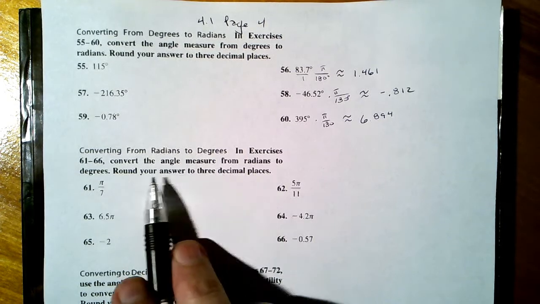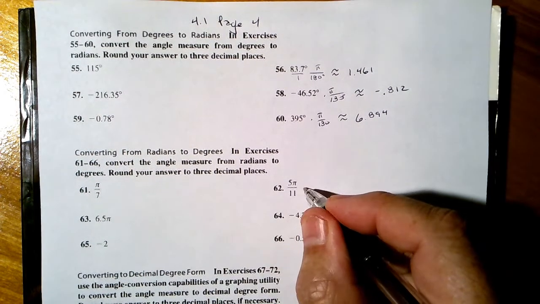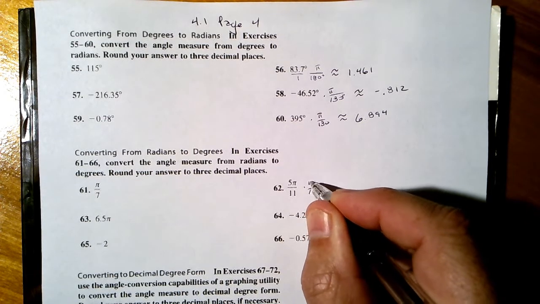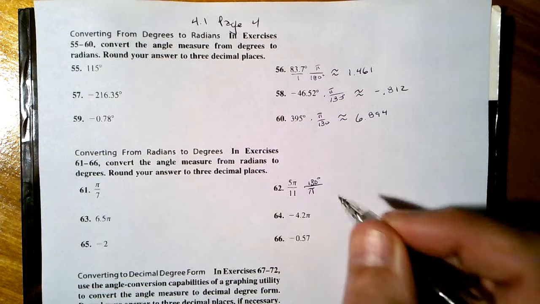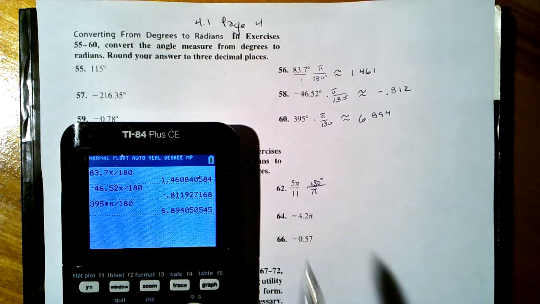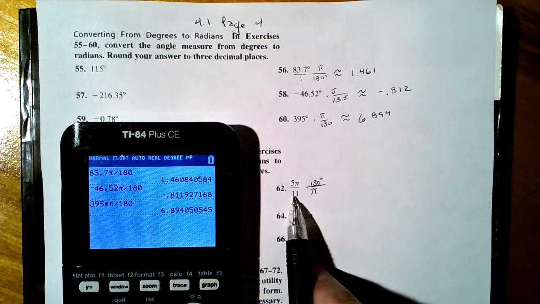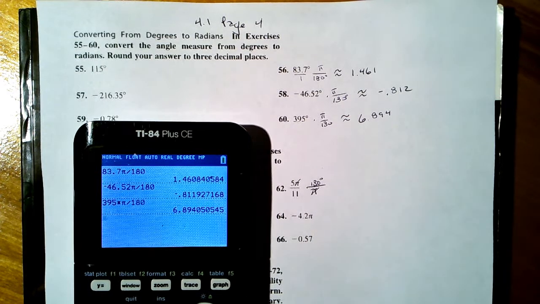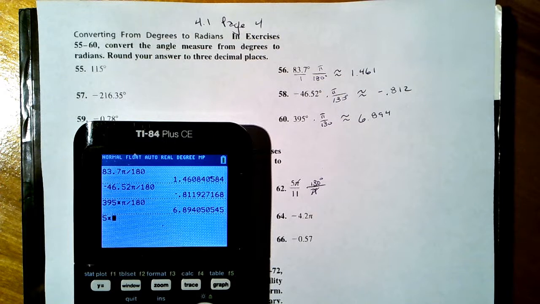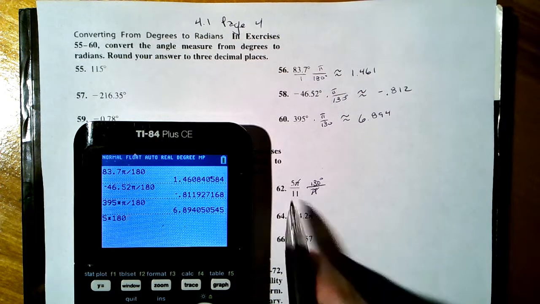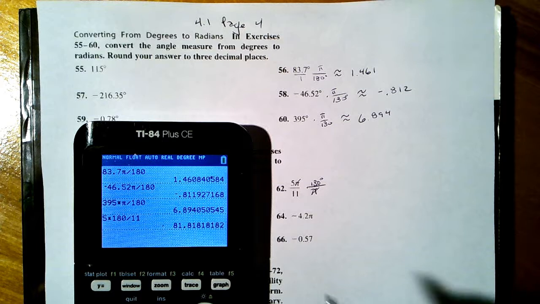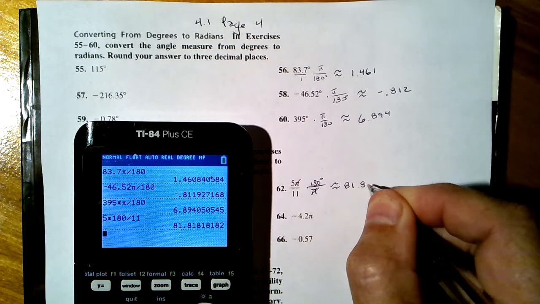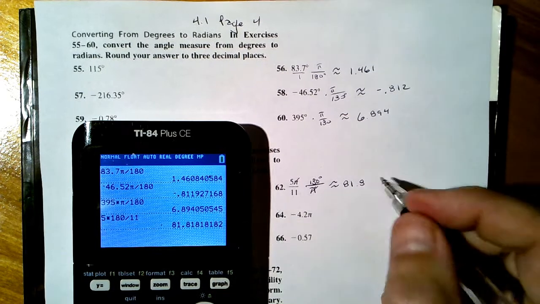Convert angle measure from radians to degrees. Okay, radians to degrees. I want to cancel radians and introduce degrees. So, yes, I can take 5 pi times 180 divided by 11 divided by pi. But I'm going to cancel those, and all we get is 5 times 180 divided by 11. The pi's cancel. We get approximately 81.8, what they say here, 3 decimal places,